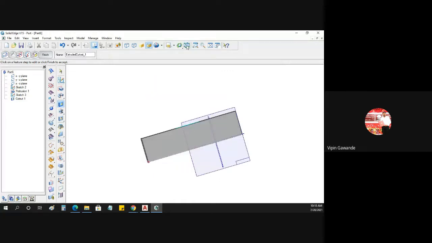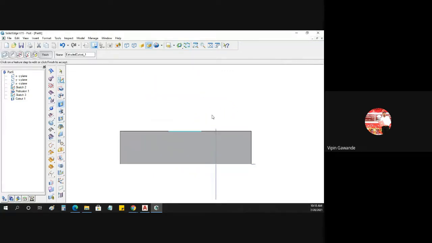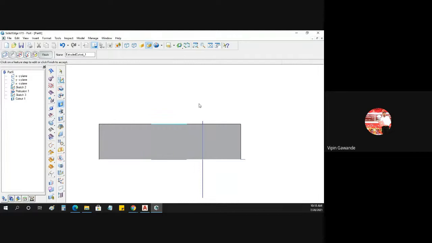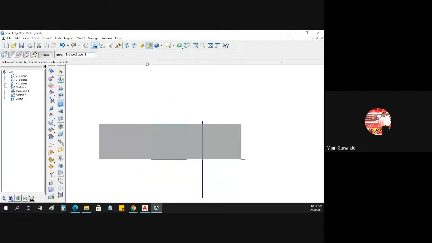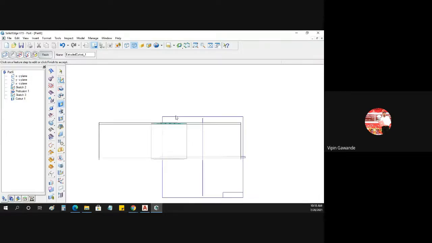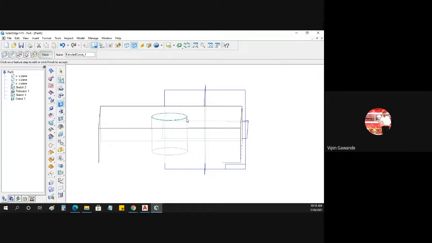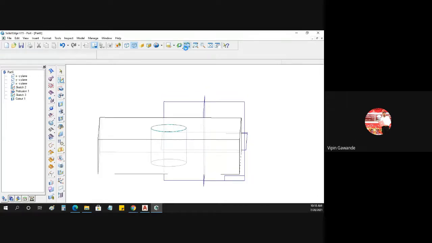Now we have seen it in the front view. The circular cutout is not visible; in the front view only this surface is visible. The front surface is only visible. For that circular cutout, we will get two dotted lines on the surface, the lines coming from the diametrical ends of the circle.